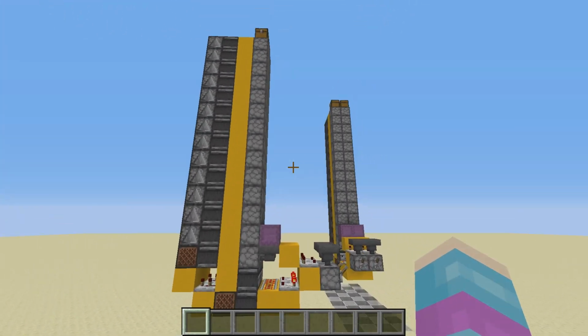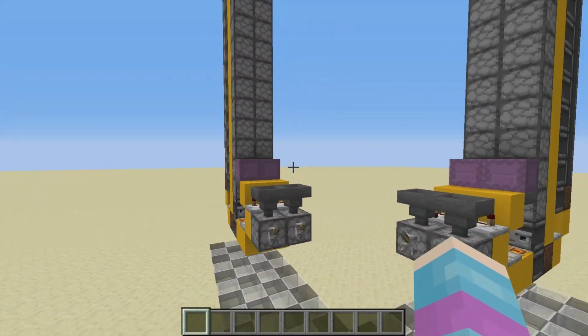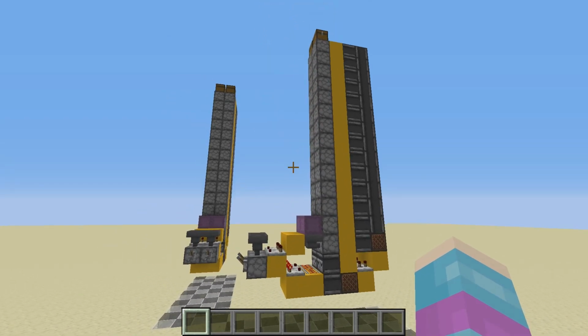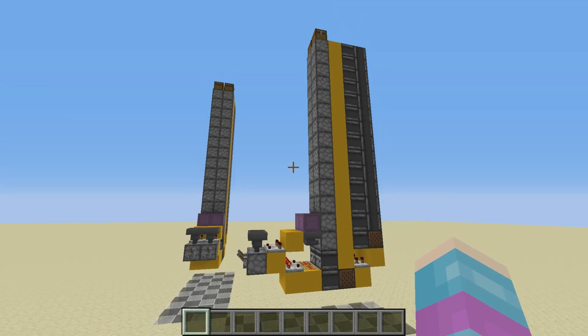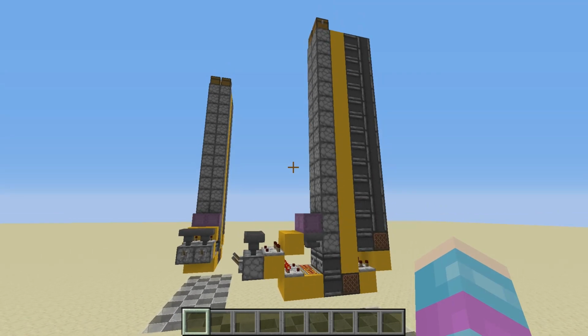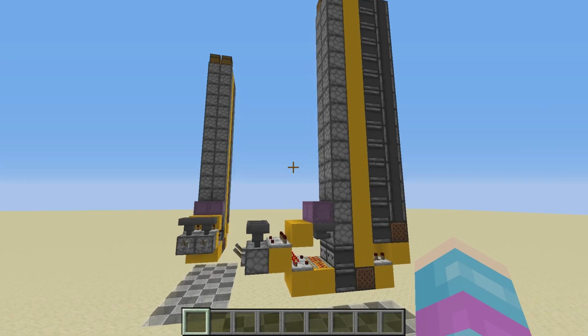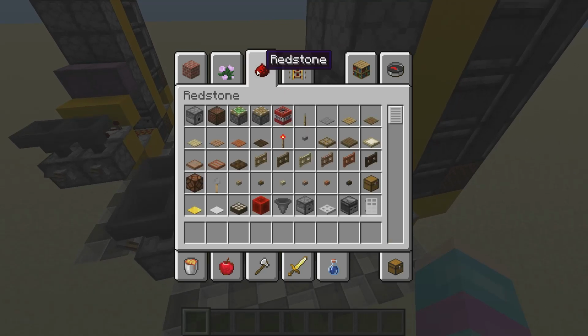So here's a quick shot of the design. I have 2 side by side here and 2 side by side this way, just to show you that it's not directional. This same design works anywhere in the world, shouldn't really matter where your placement is, but that's all there is to it. If you're going to use chests here in this very specific type of design, be careful